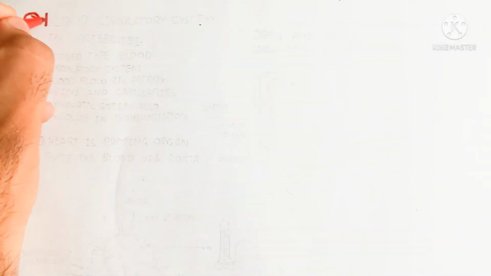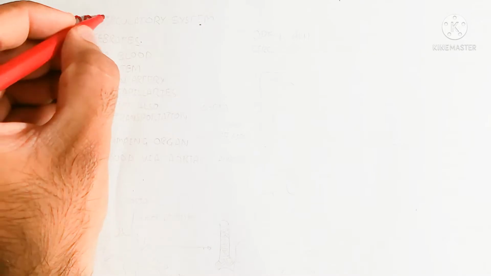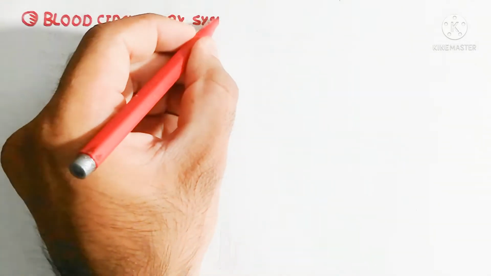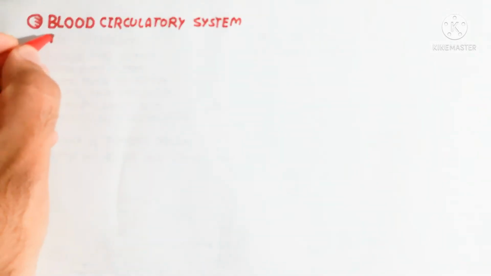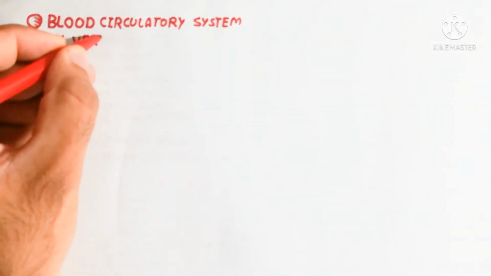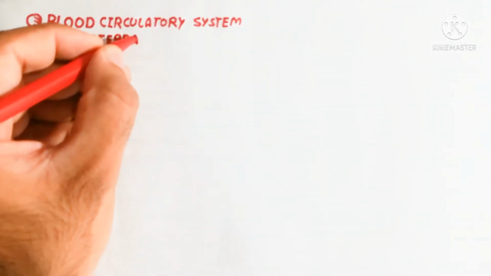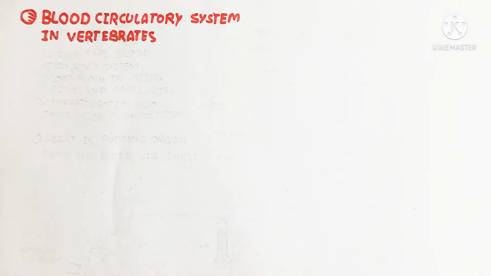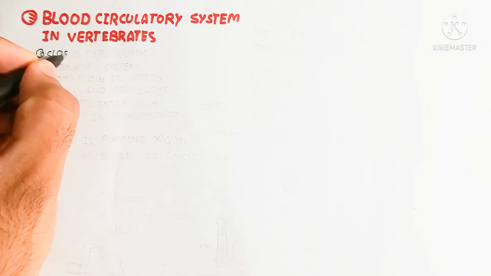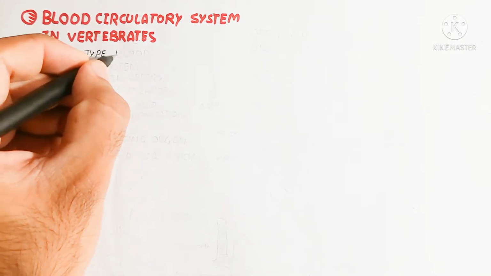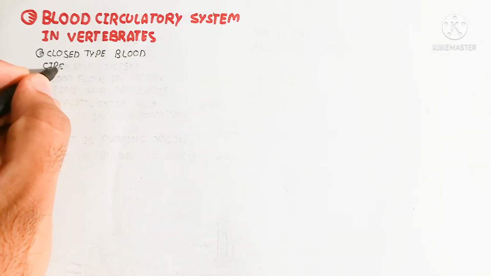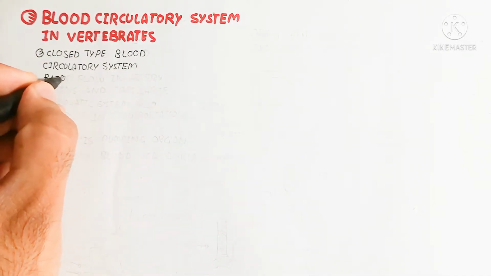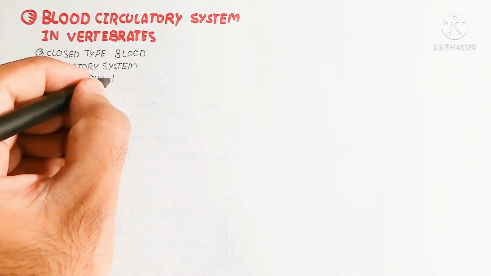Hello, in this video we will discuss the blood circulatory system in vertebrates. Vertebrates means animals which contain a vertebral column. So let's begin with the evolutionary process to understand the blood circulatory system. The vertebrates contain a closed type blood circulatory system, which means blood flows in artery, vein and capillary,